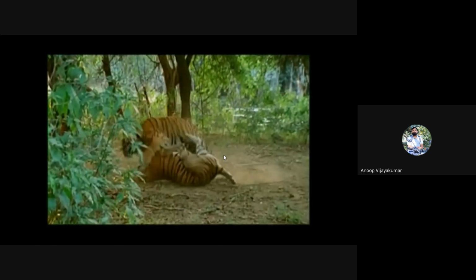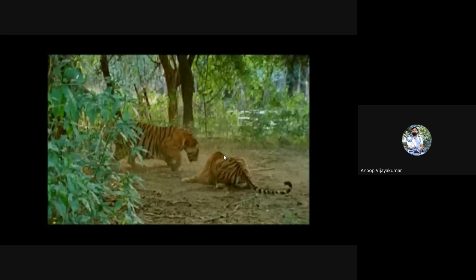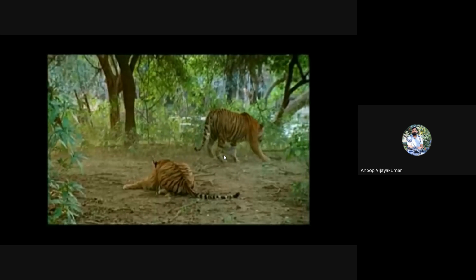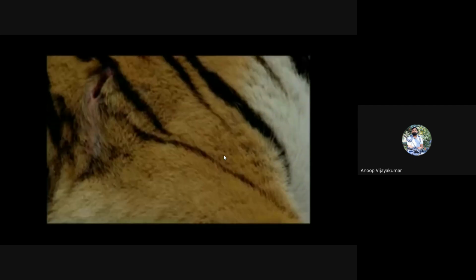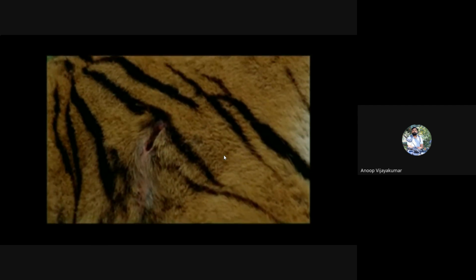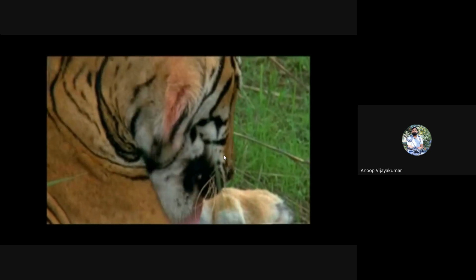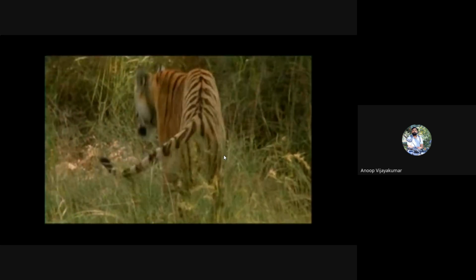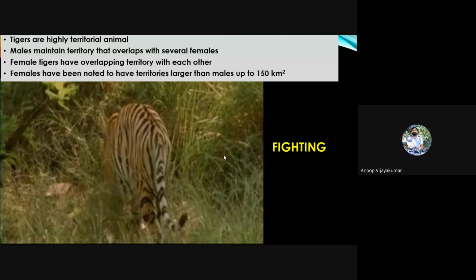This is again part of evolution. I told you they don't have natural predators, so there must be other ways to control the carnivore population. There will be a big conflict, a fight, and the strong, powerful individual will take over the territory. In some places, old age and also individuals with injuries are another reason for conflict, so they can become conflict animals later.